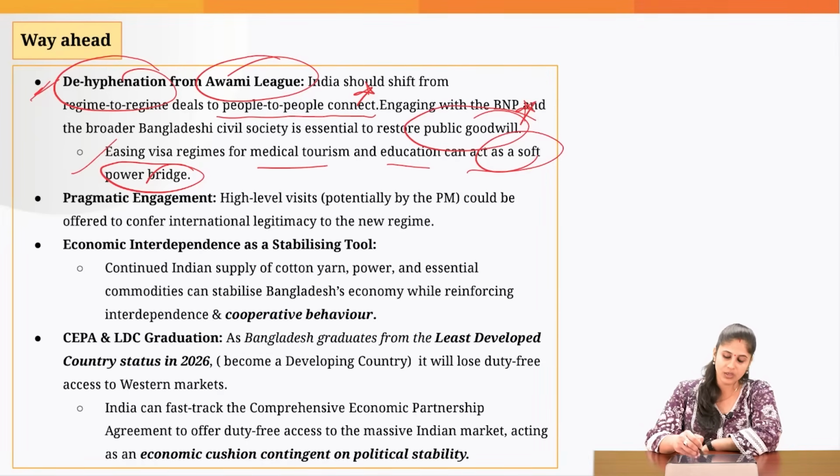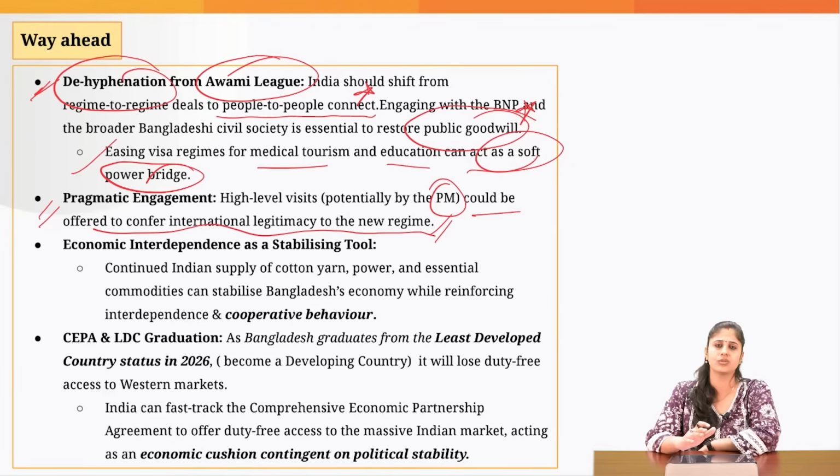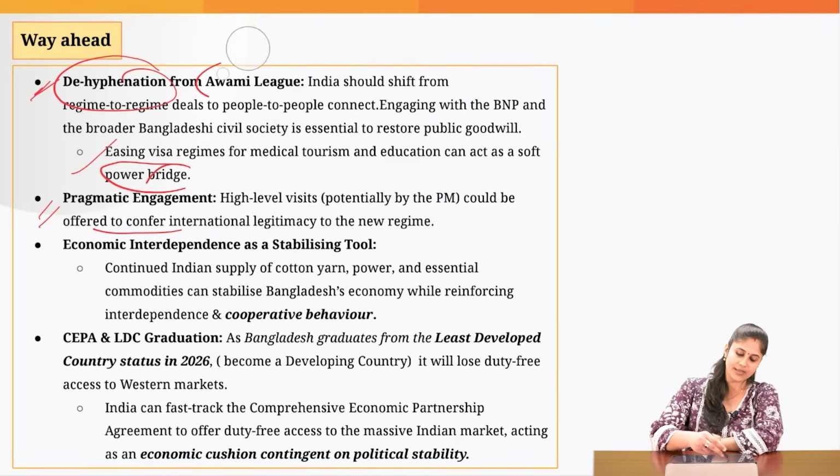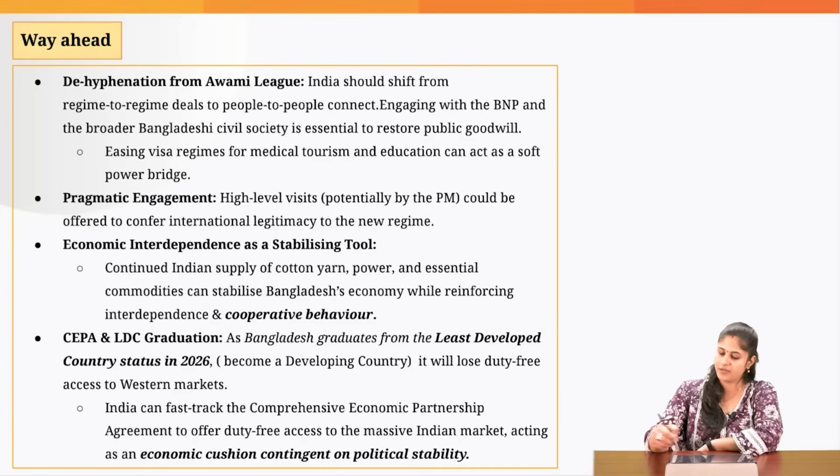For this, we need to restore the public goodwill that India used to enjoy earlier in Bangladesh. Then, we need to ensure high-level visits, especially by the Prime Minister of India. This could help us confer international legitimacy to the new regime, and it might restore the relation between the two countries. Then, we can use economic interdependence as a stabilizing tool to ensure cooperative behavior from